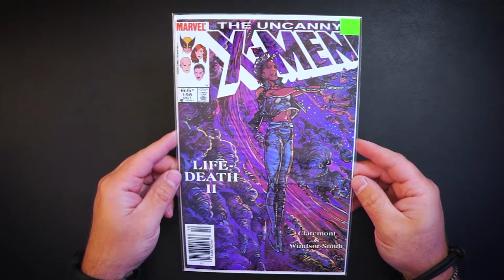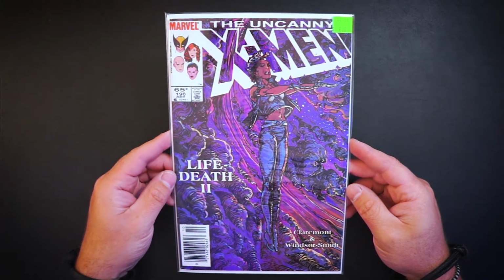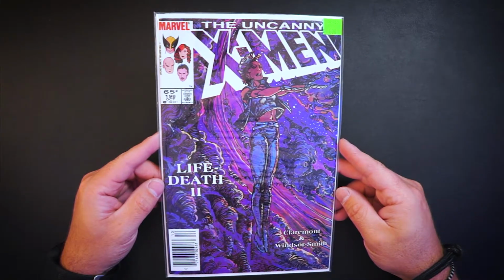All right, and then the last X-Men book is X-Men number 198. I believe there's also a Forge appearance in this one too. Definitely excited to add these X-Men books into the PC. I needed it for my X-Men run, so very stoked on those. All right, so the next book in this package is